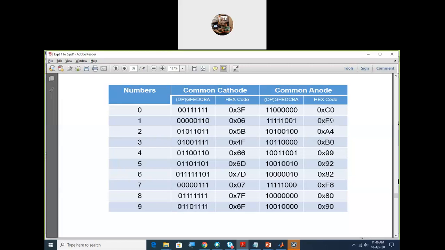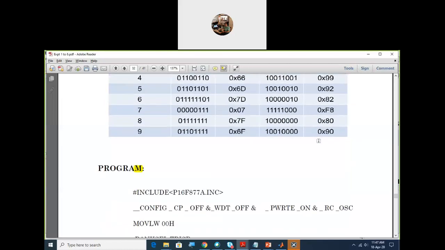This F9 stands for this particular bit combination. We have already discussed this for the 8051 microcontroller also. So remember, for the PIC microcontroller we will be using this common anode display. Is it fine? So now we can switch to the programming part.